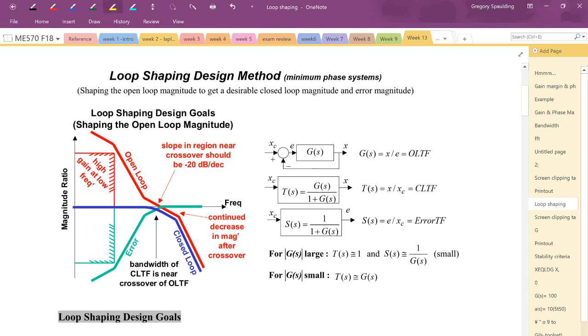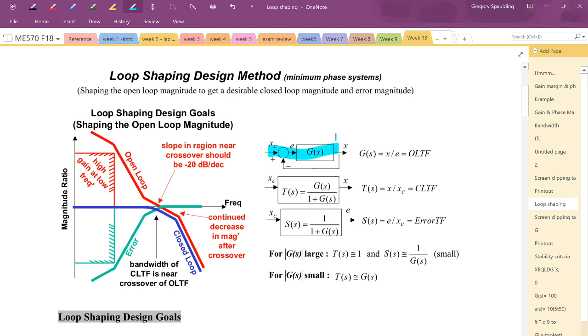Okay, now think about this. How can we do that? Well, we have poles and zeros in our controller that we can use to reshape our open loop in order to control our closed loop. Now, if we look at this, what we can see is that, and we have to go over here to some equations in here. We take our standard